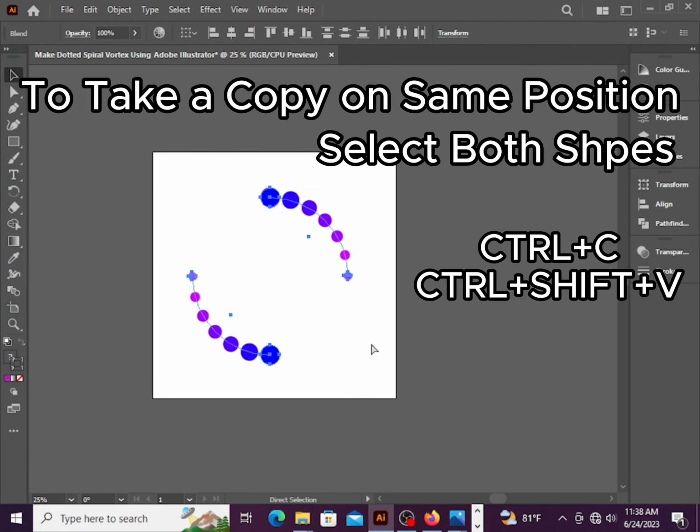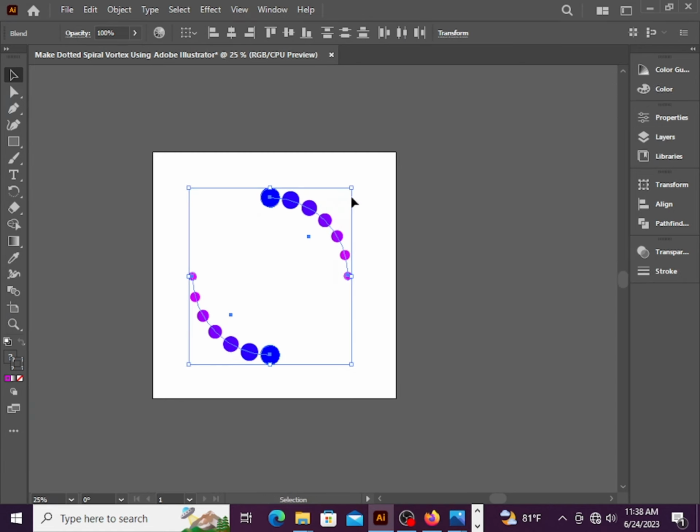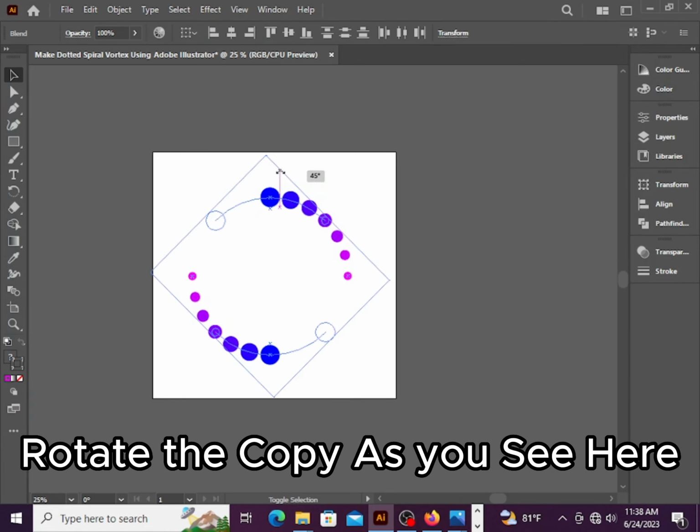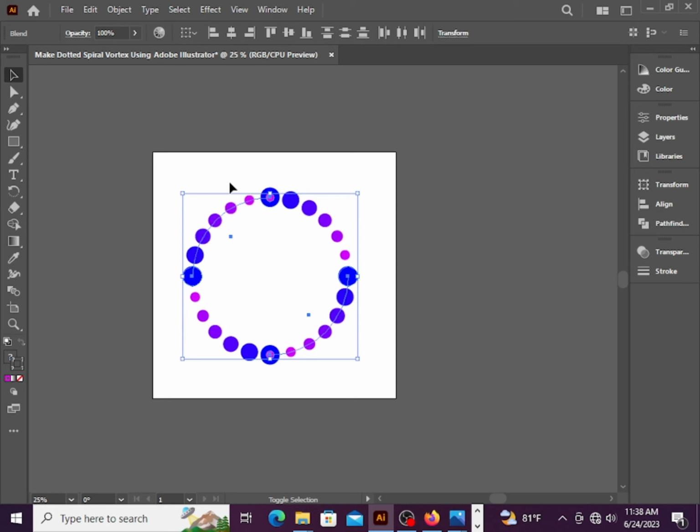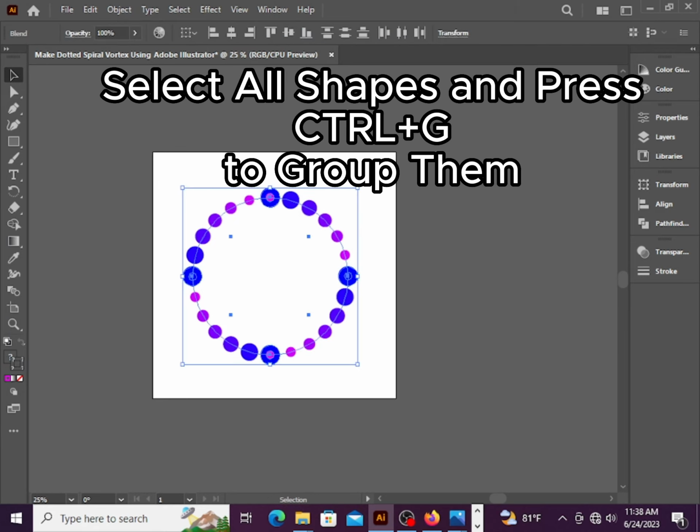Select both shapes. Rotate the copy, as you see here. Select all shapes and press Ctrl+G